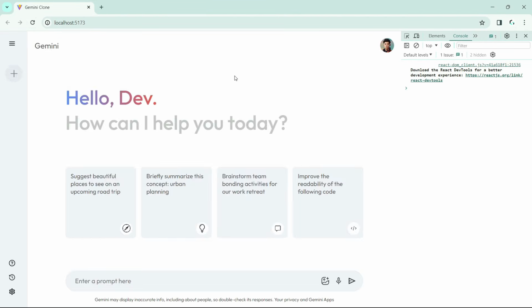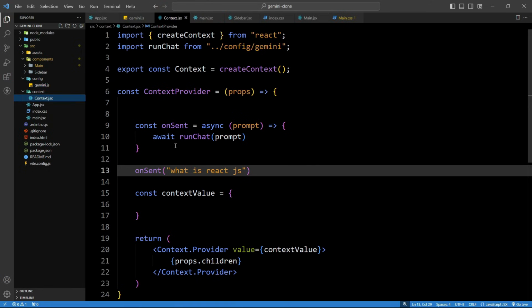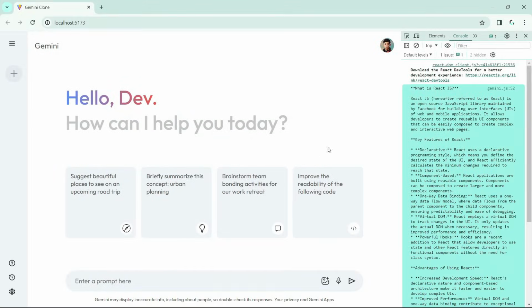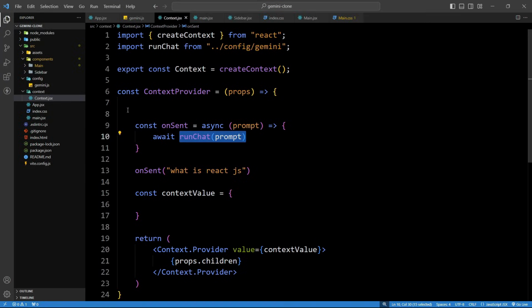And after a few seconds in the console, you will see the response from Gemini. Here we have what is React.js, and we are getting this response from the Gemini.js file. Here we have this function runChat, and here we have provided what is React.js. So here we have received the complete response about what is React.js. Now we will add the logic. Using that, we will get the input from the user, and we will generate this text and display it to the front user. So let's come back to the VS Code editor